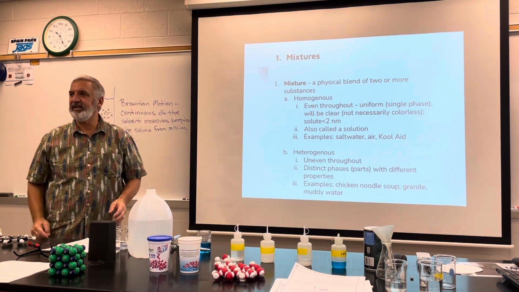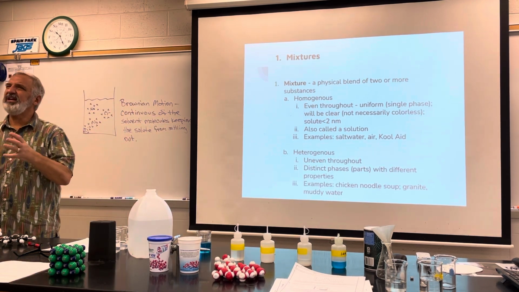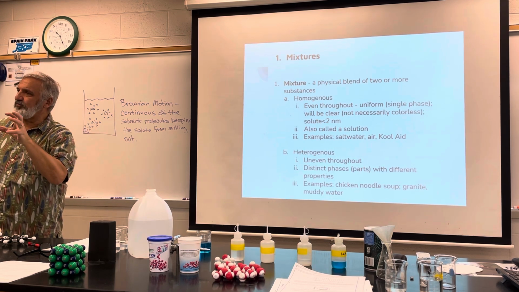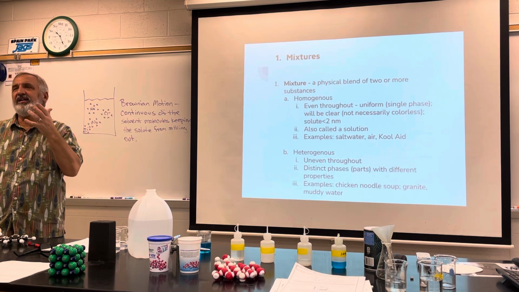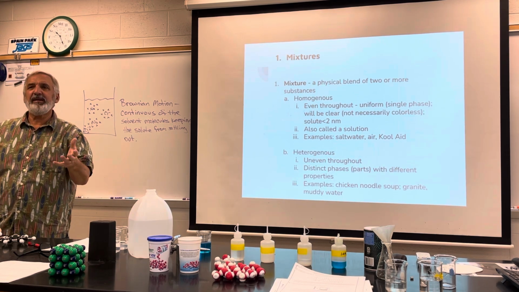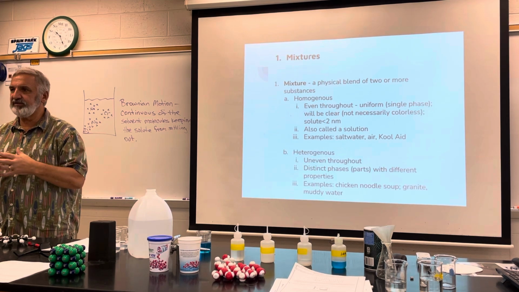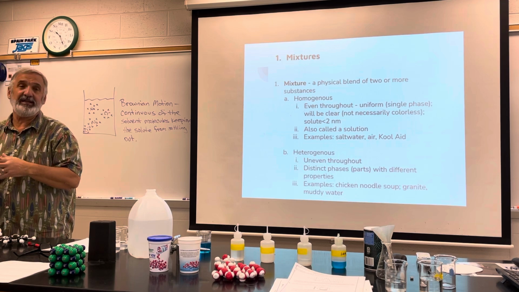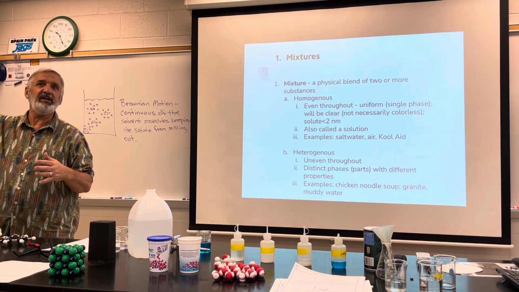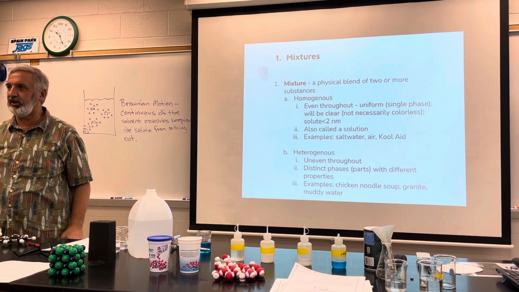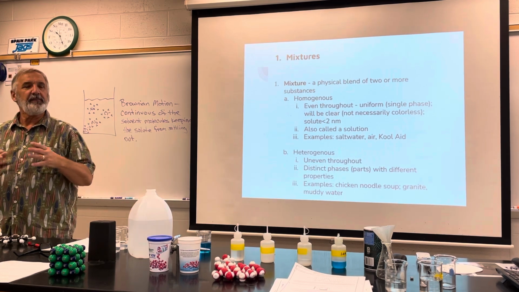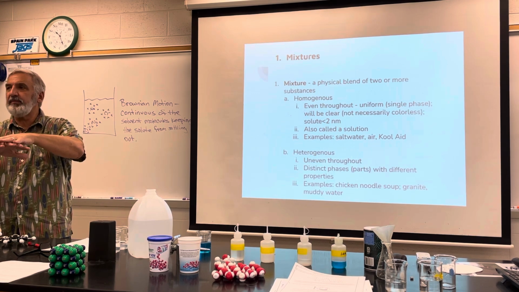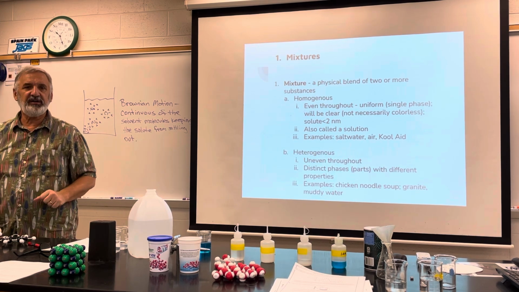In 1820, he was either English or Scottish. He was over there in that Great Britain area. A scientist named Robert Brown made an observation. He took some pollen grains, and those of you that have allergies know all about pollen. You can't see it really unless it's really bad, like in the springtime, you can see the yellow just everywhere on your cars and on your back patio and everywhere. But he took some very tiny pollen grains and set them on some water in a petri dish and looked at it underneath a microscope.